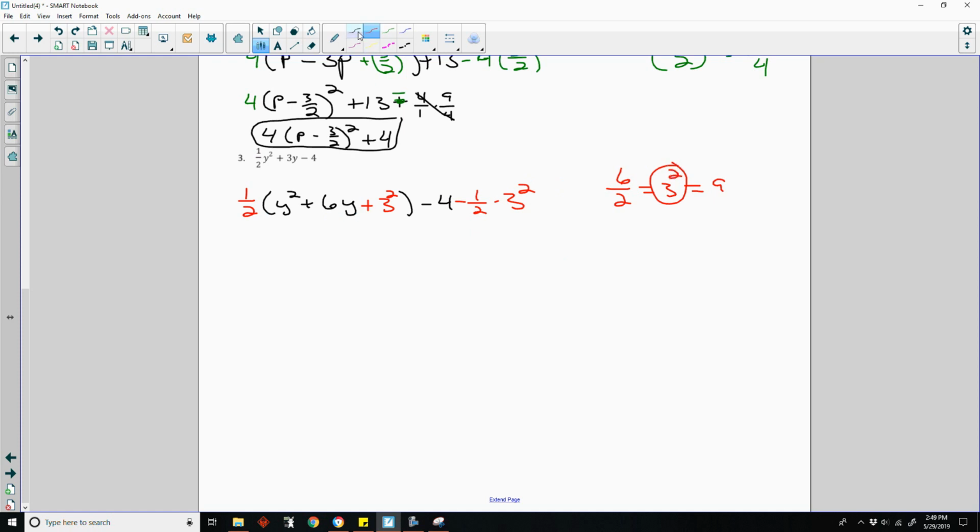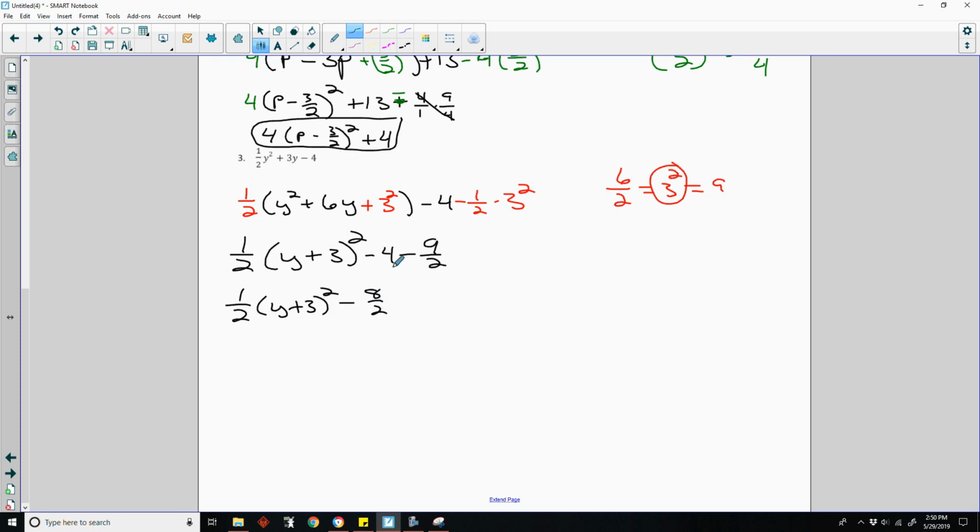And now that I've got this, I can finish it. So I have 1/2, perfect square now, y, and our b is going to be plus 3, the square root of 3 squared, minus 4, minus 1/2 times 9, or minus 9/2. And simplify. 1/2 y plus 3 quantity squared